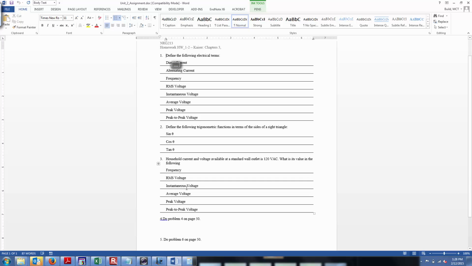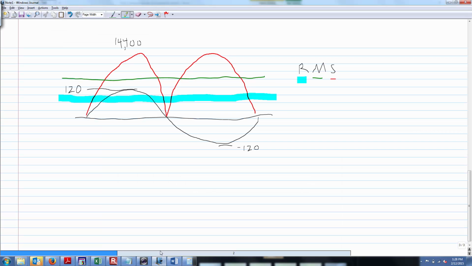What is the value of the following? Instantaneous voltage. The way I would write that, if we just wrote the voltage, this is the formula for the voltage. The voltage equals 120, that's the number of volts, times sine